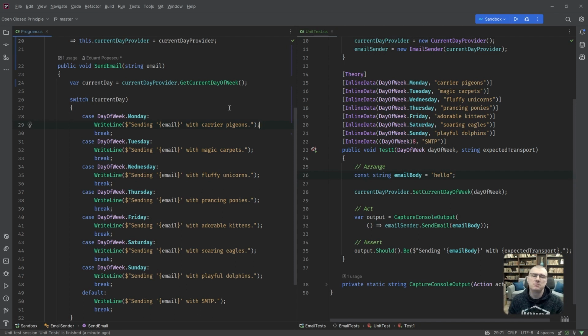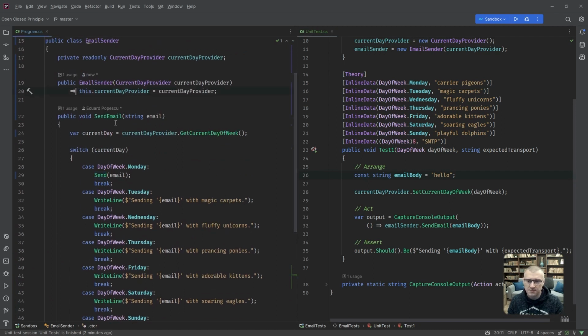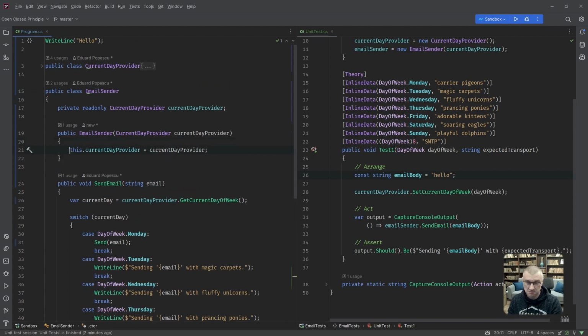Well, let's see. First and foremost, let me try something. I'm going to extract a method and call it simply send. We're going to see in a second why, because if you remember from last time, I want to do this trick. Ooh, and let me, because Rider has a bug. I've already logged it with JetBrains, and I think it's in triage, whatever that means, at the time of the recording.